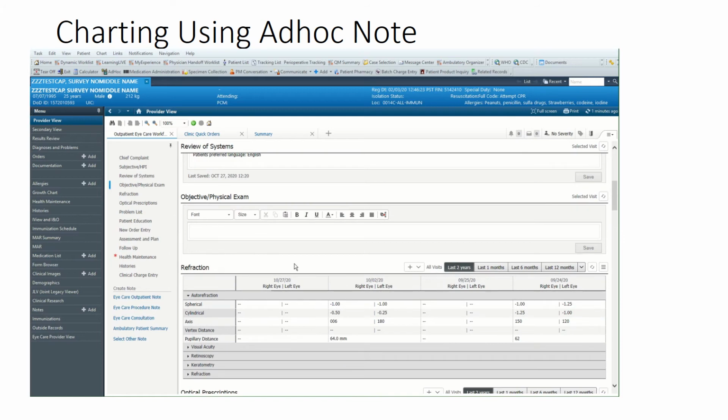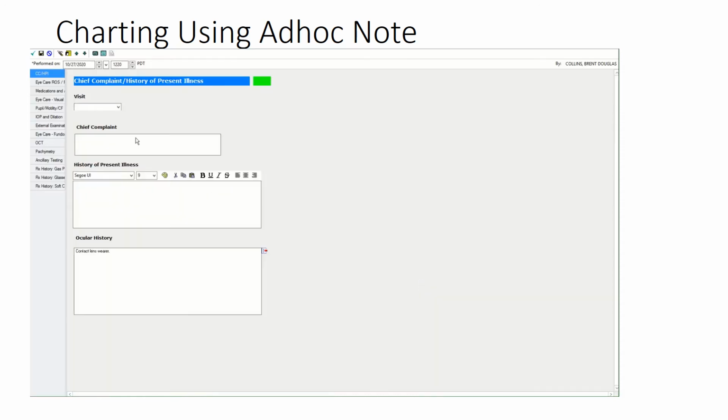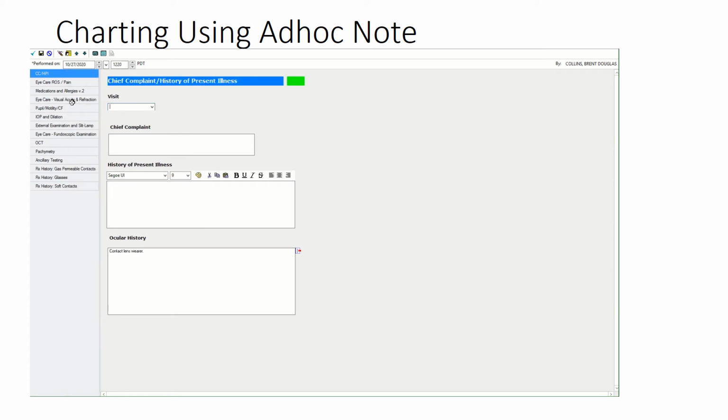I'm going to skip the objective physical exam as we will be using the ad hoc section to do that. To access that, we will use the iCare visit, which can be accessed from several different tabs. I'm using the refraction for this one. I'm going to click iCare visit, and I'm going to drag this over to be able to better display the menu options. The chief complaint already would have been entered in, so what I'm going to do is go down